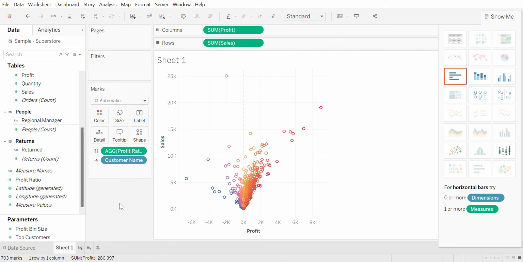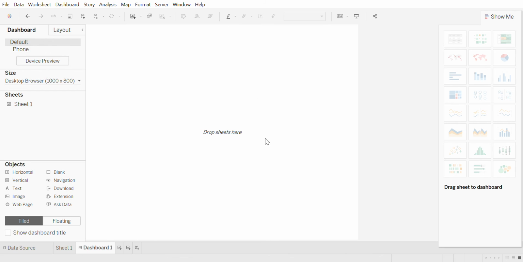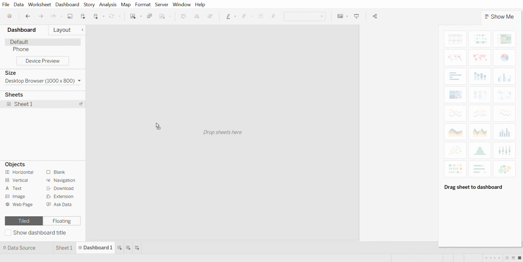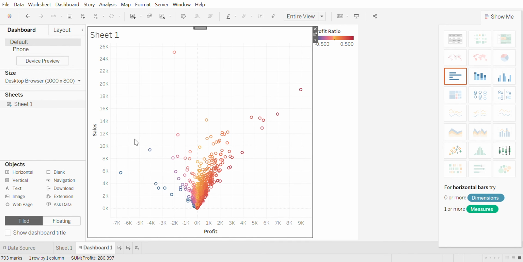So in Tableau, this option is for adding new sheets, like a new worksheet. The next option is new dashboard. So I go to new dashboard. This is an empty dashboard here, and all the sheets you created are present here. I have only one sheet, so I can just drag and drop it here. So I get one sheet with all these things. And if I have more sheets, I'll drag and drop more sheets.